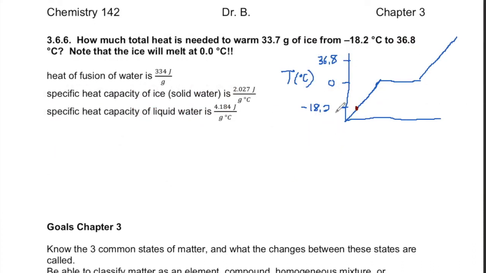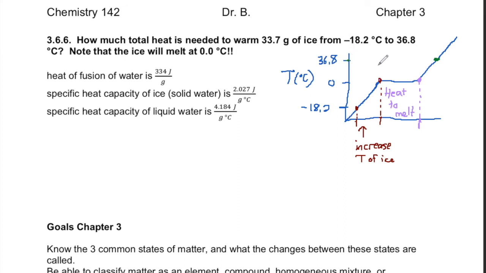Okay, for this problem, we are starting with some ice, solid water, at negative 18.2 degrees. We want to add some heat to increase that temperature to the melting point, which is 0. So this heat is to increase the temperature of ice. Then we want to melt the ice and get liquid water. So we are going to need to add some heat to melt that solid ice into liquid water. And then we want to get this liquid water to be